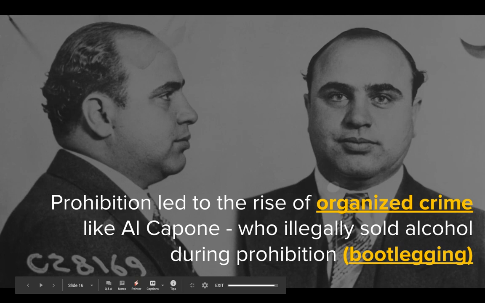Prohibition led to a huge increase in organized crime, right? We're talking the mobsters back in the day, most notably Al Capone, pictured here. He was the leader of what was called the Chicago Outfit. He ran Chicago. He illegally sold alcohol during Prohibition, and we would call that a bootlegger or bootlegging. He had all the connections. He and his organization would bring alcohol from Canada down to Chicago. He would find buyers and sellers, and he kept this illegal market continuing while the official policy in the US was that alcohol was illegal.